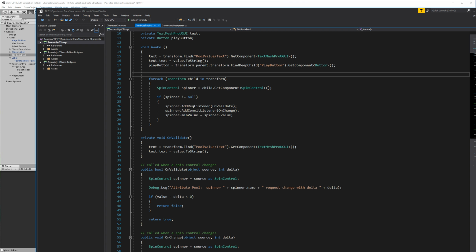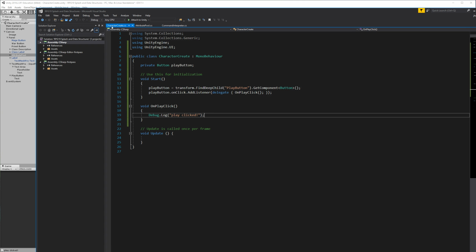Well, let's see. Yeah, I think the best way of doing this is not going to be terribly pretty, but I think I want to notify character create when the pool goes to 0 and let it turn the button on, and then it can take care of checking all of the